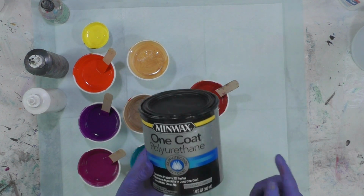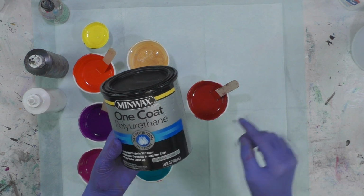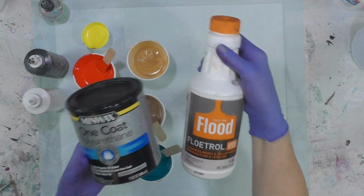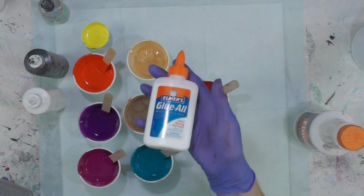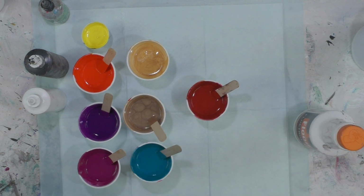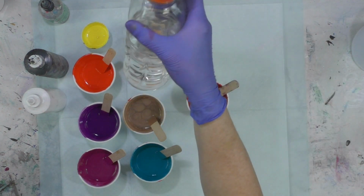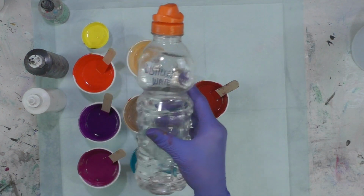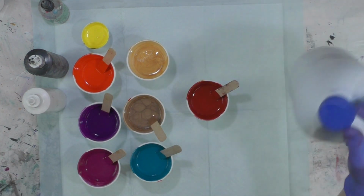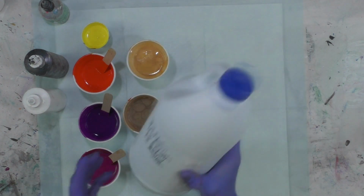So the recipe was 40% polyurethane, 40% Floetrol, 15% Glue-All, not washable glue, but Glue-All, and then 5% distilled water, which is what I have here in my bottle. So I had put this into a jug and mixed it all together with the recipe on it, and then